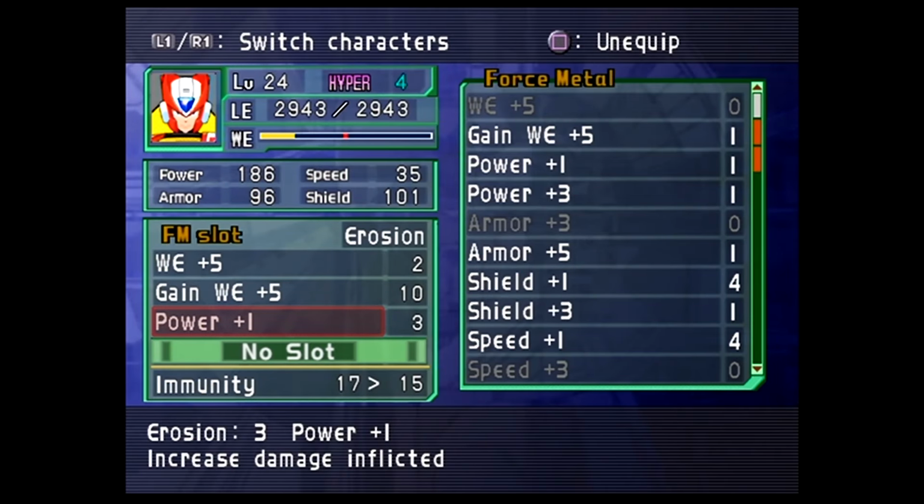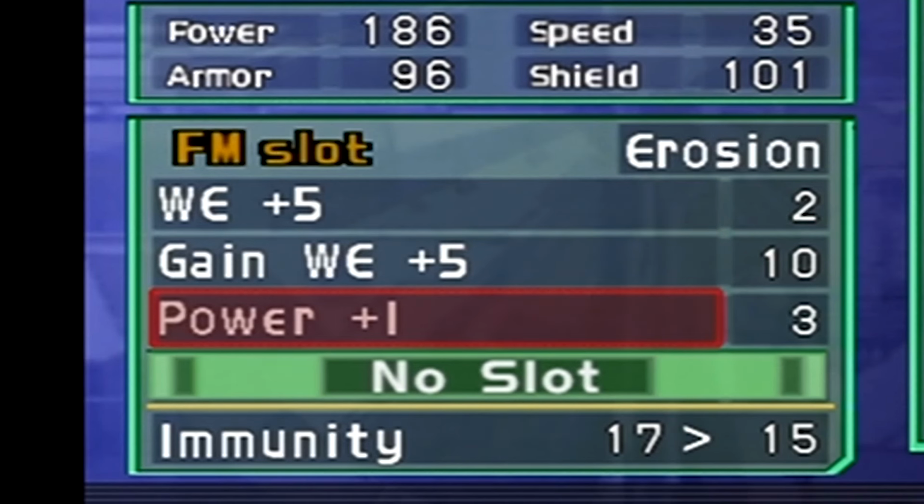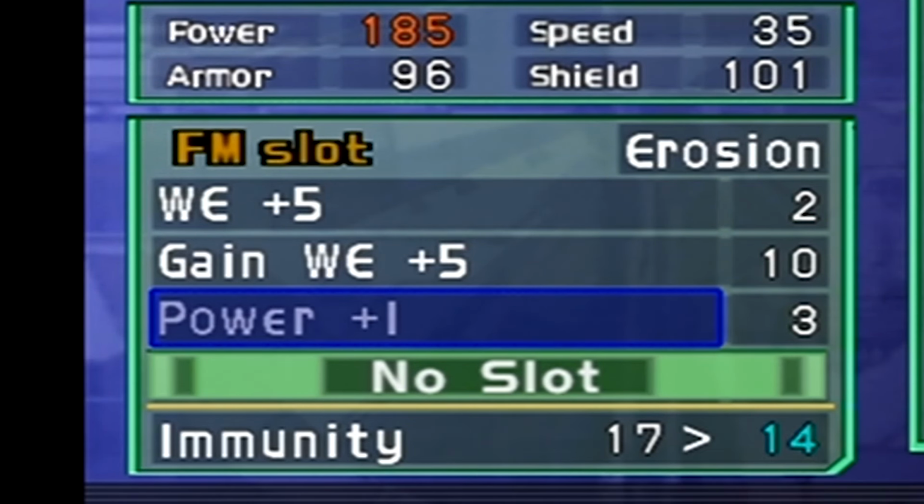Force metal can come in a lot of flavors: damage mitigation, stat increases, or status immunities. Nothing out of the ordinary, but there's also a limit to how much you can equip. If you try to equip all the good stuff at once, you run the risk of encountering a force metal hazard. Basically, if your erosion rate in here is greater than your current limit, you can be penalized with weaker